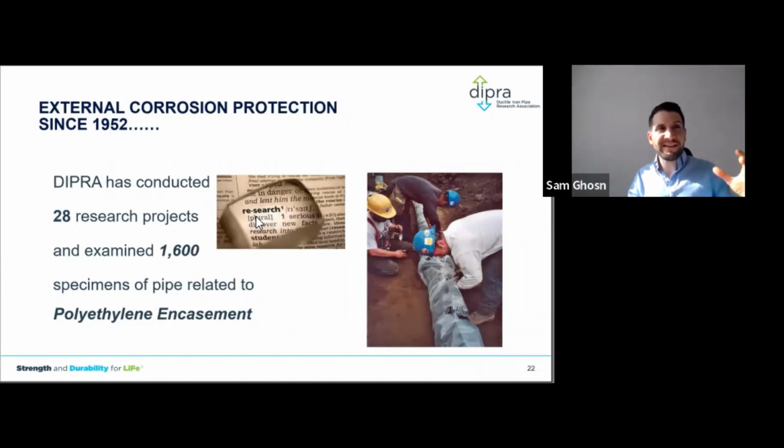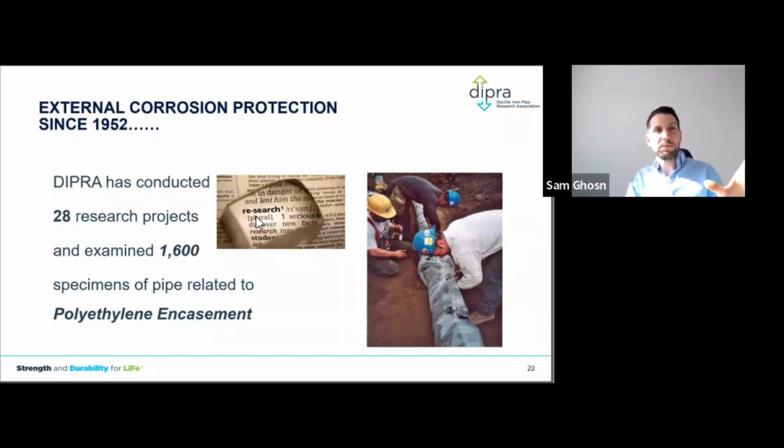But corrosion rate is what matters, folks. A corrosion rate of 0.001 mils per year may lead you to a 400-year service, right? A 0.2 mil per year, or 2 mils per year, may lead you to 20 years of service. So we need to understand the difference, the type of soil, and what we're dealing with exactly.